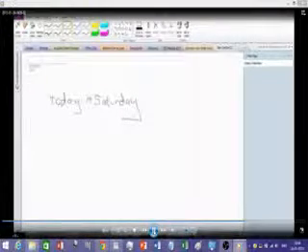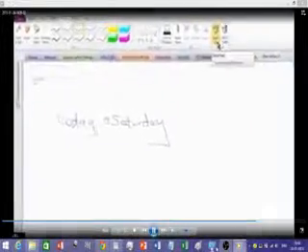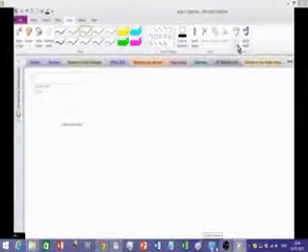Okay, so the way we test this is we ask it to turn the ink to text, and fantastic, it has done that. So impressive. So that is